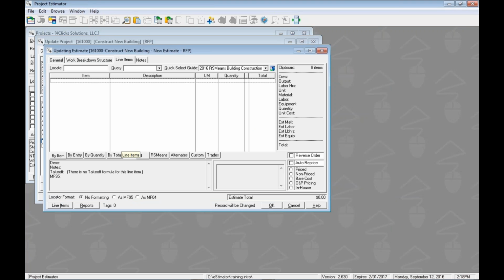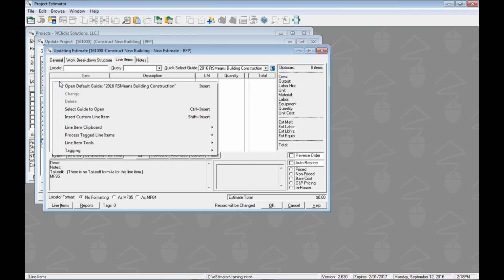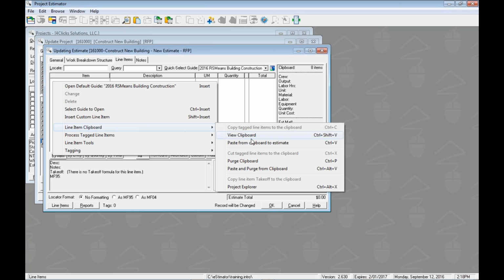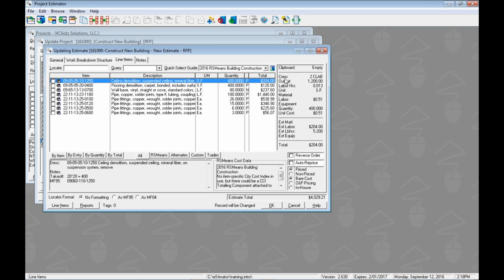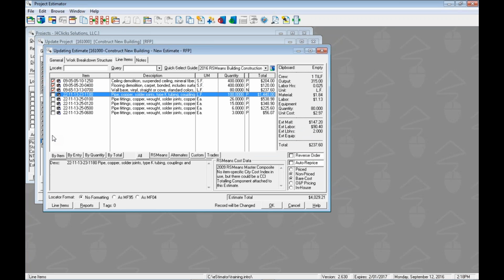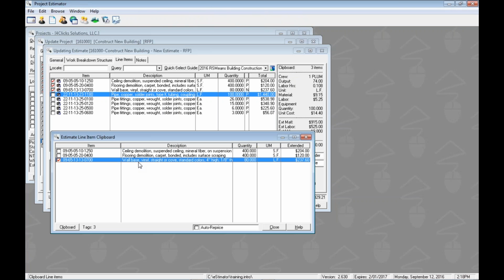How do we paste these 8 items into our estimate? Exactly, Control-V, or we can use our toolbar icon, or we can hit right-click, line item clipboard, and paste. What's the difference between paste from clipboard to estimate and paste and purge from clipboard? Exactly. This one will paste them in and clear that out, right? If we had some in here, Control-C, and we only wanted to paste some of the line items in, what could we do? Open up the clipboard, untag the ones we don't want to paste,